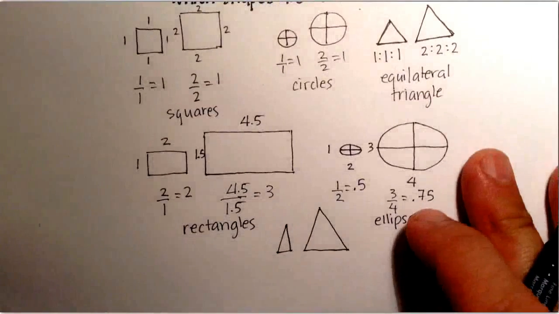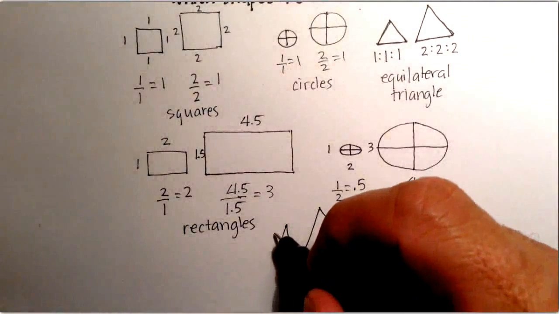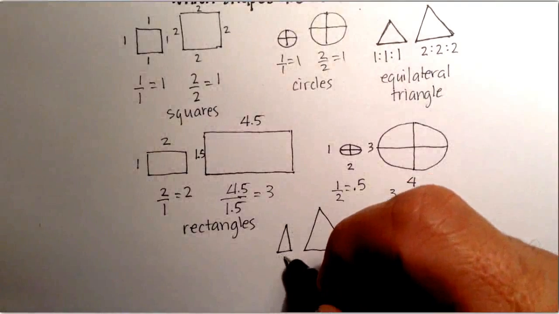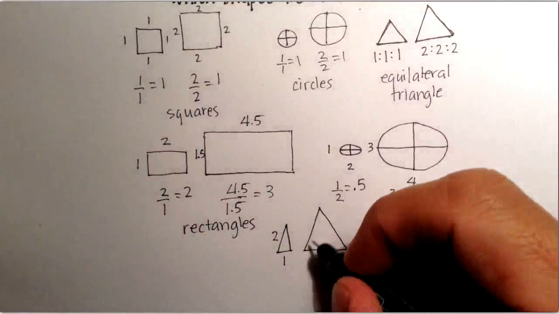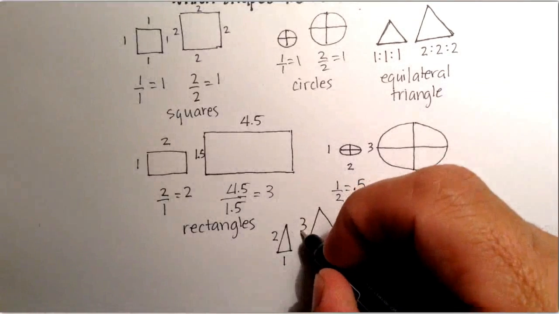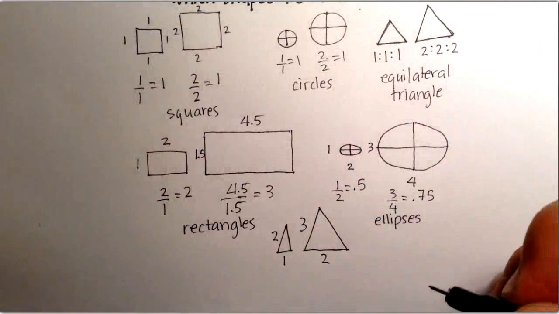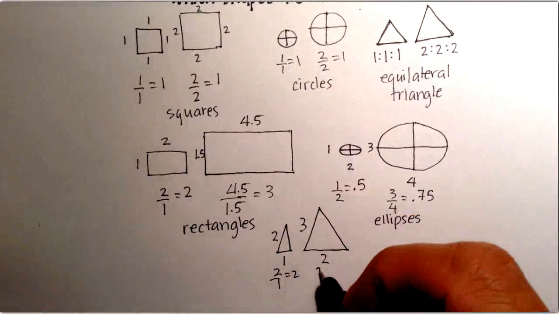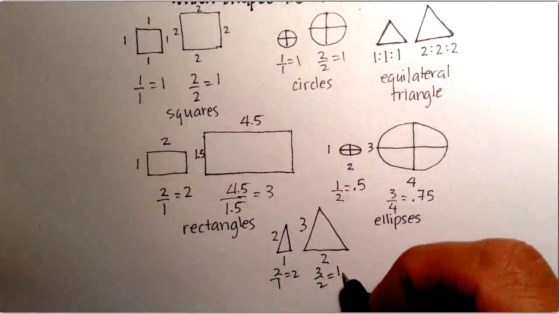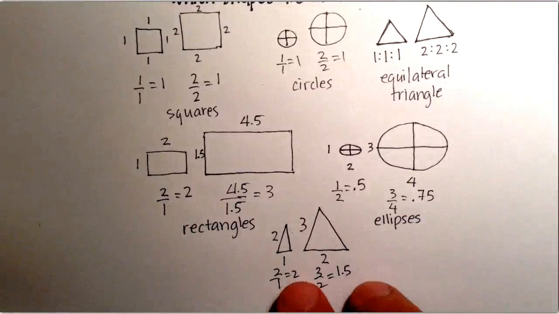Notice again that these two sides are equal, but it's not necessarily those. So let's say that this length is 2 to 1, and this length is 3 to 2. 2 to 1 equals 2. 3 to 2 is equal to 1.5. So the proportions are